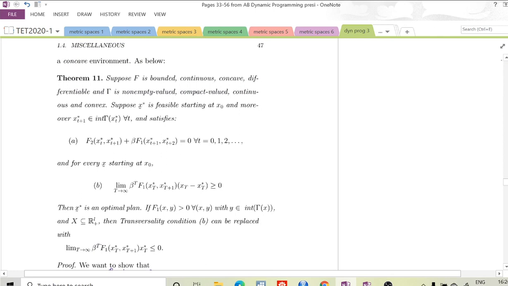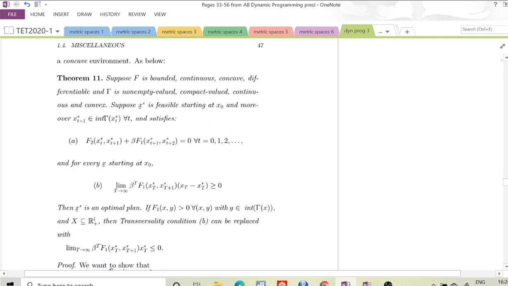theorem, which is: suppose f is bounded, continuous, concave, differentiable, and gamma is non-empty valued, compact valued, continuous, and convex. Suppose x tilde star is feasible starting at x naught. Always the states lie in the interior of feasibility, and x tilde star along its entire path satisfies all the Euler equations. In addition, suppose transversality condition B is satisfied,